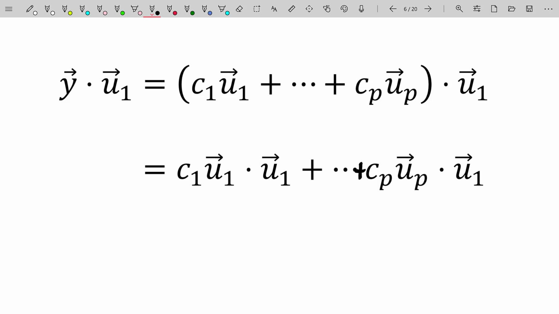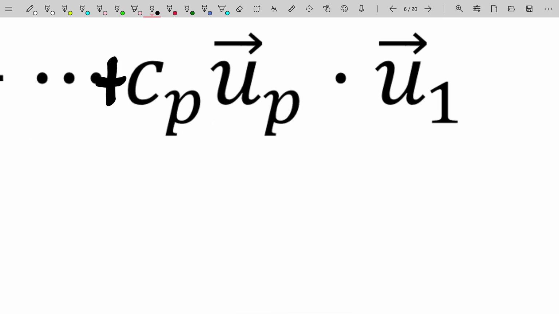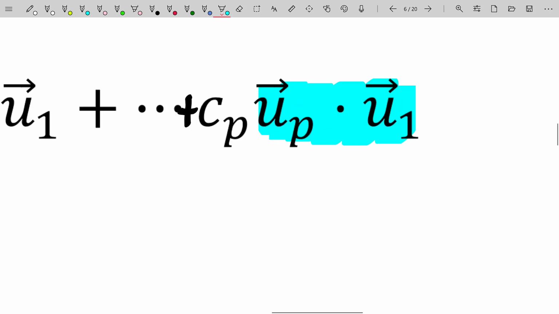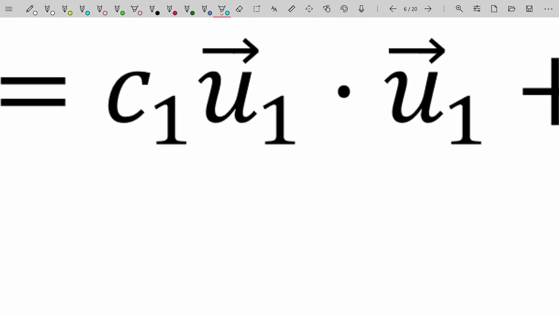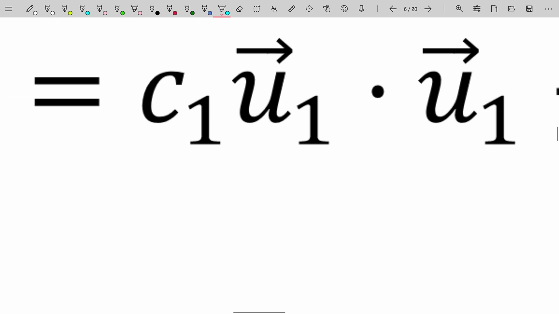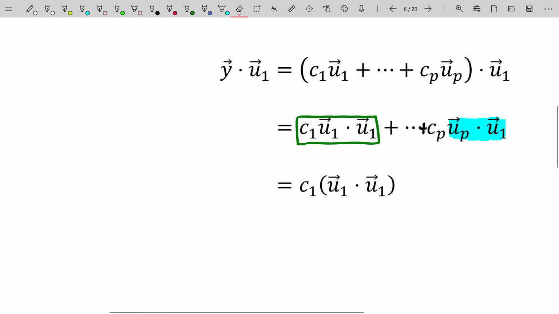And just like I said in the last video, in fact, each of these dot products is going to turn off. So u1 dotted with u_p right here, well, because those two vectors are orthogonal to each other, that will become 0. And that claim is true for all the dot products in this linear combination, except for the one dot product where the indices are the same. So in this case, u1 dotted with u1. That is the survivor. So therefore, y dotted with u sub 1 will be c sub 1 times u1 dotted